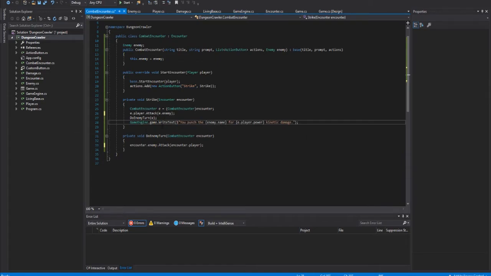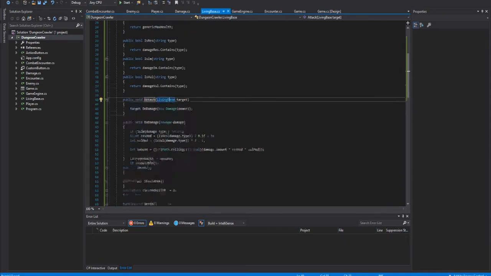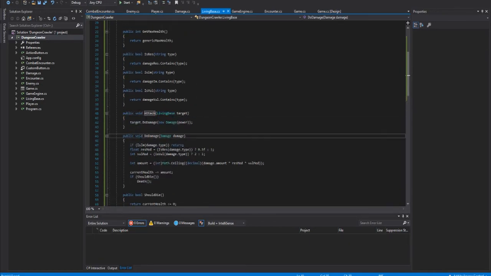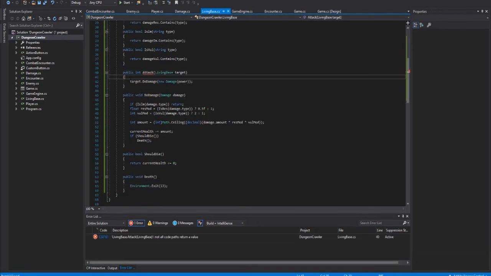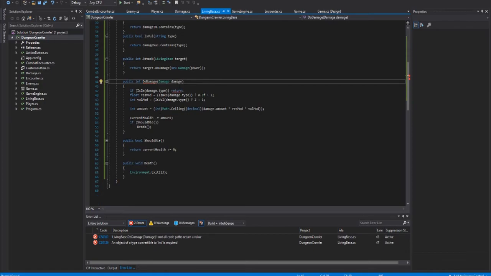Probably make a helper function to make this a little easier. And then, actually we want this to be after. One thing I do want to add is in our attack method, I'd like to output an integer, which is how much damage was dealt. So we're going to do this here as well, because I think that'd be cool. And it'd also help us display the information a little better. So, amount, and then